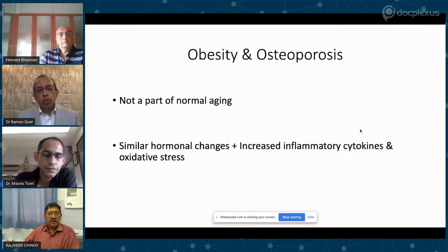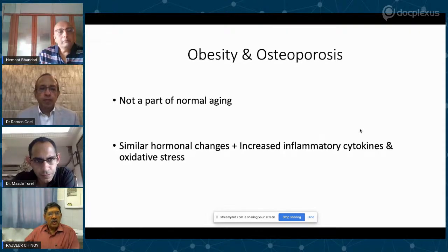Okay. So one thing that we have found common is that obesity and osteoporosis are not related to age. I mean, people say that as we age, our bones become weak. Is it true, Dr. Bhandari? Who are you asking? Are you asking me or Hemant? Dr. Bhandari? Yeah. See, it is a natural progression for the bones to become weak as we advance through